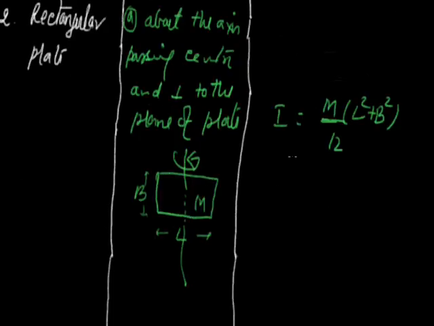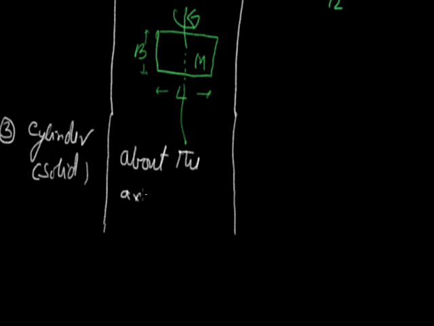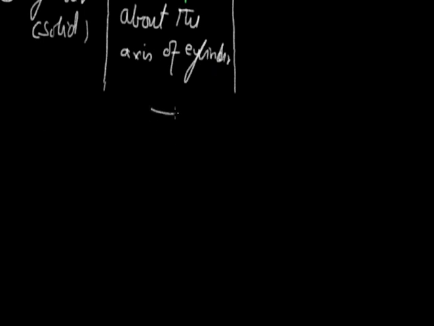Next, number 3, the cylinder. It is a solid cylinder, about the axis of the cylinder, meaning we have to find the moment of inertia of this cylinder about this axis. Its radius is r, mass is m. We can assume this one is a disk. For example, the moment of inertia of a disk about this axis